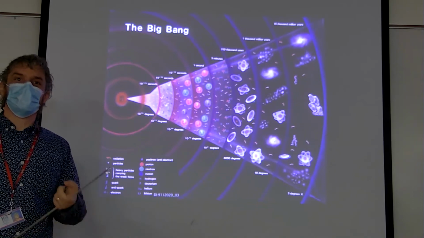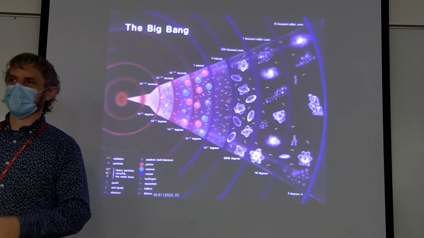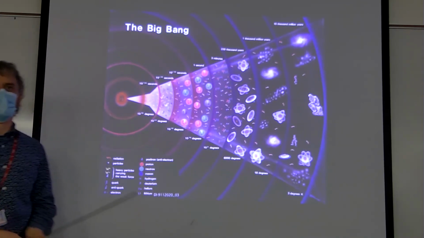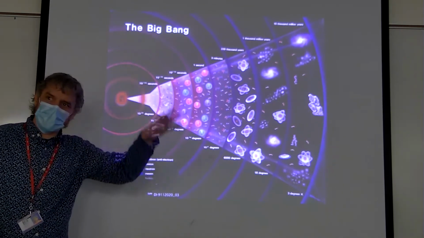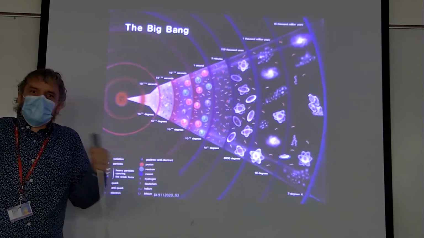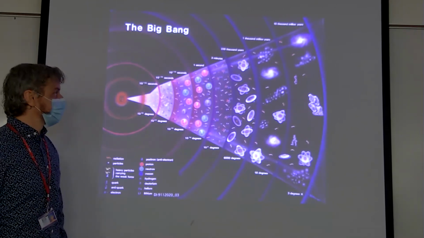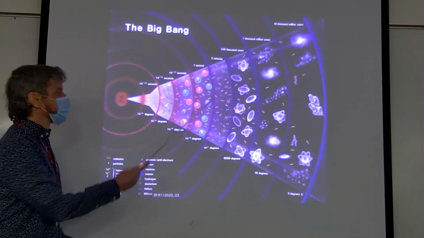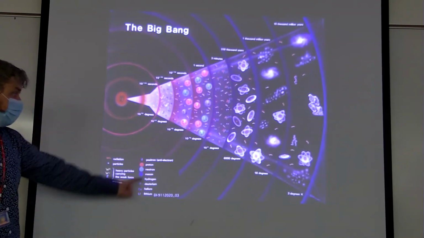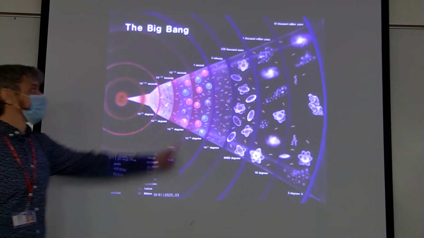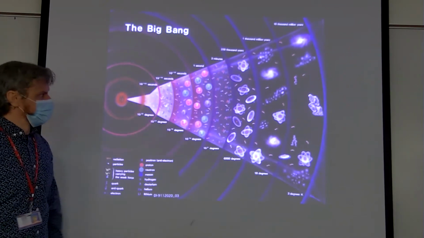Quarks are what make up protons and neutrons, and they do other stuff too, but every proton and neutron in the universe is made up of 3 quarks. Once the temperature goes down enough, the quarks can then start combining into the first protons and neutrons. And then after about 1 second, you have stable protons and neutrons, and you lose what are called the mesons, which there's still some of them, but not quite as many.